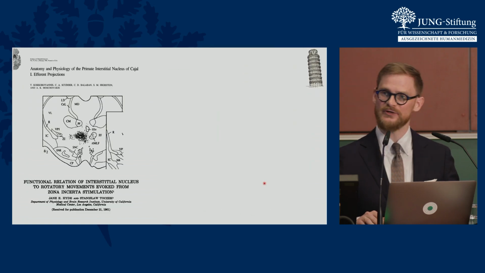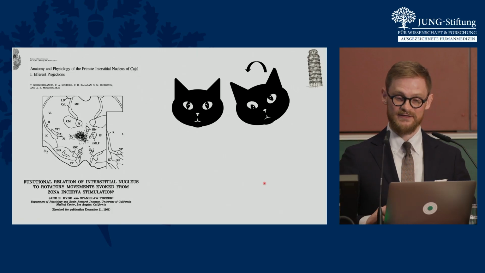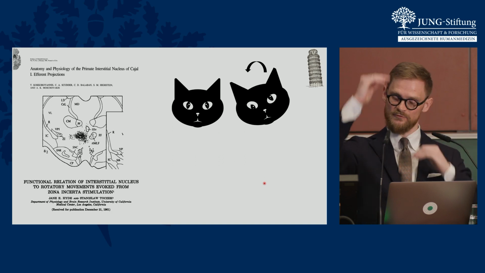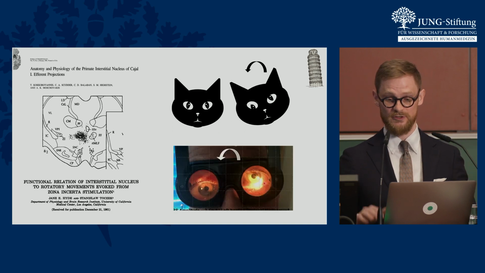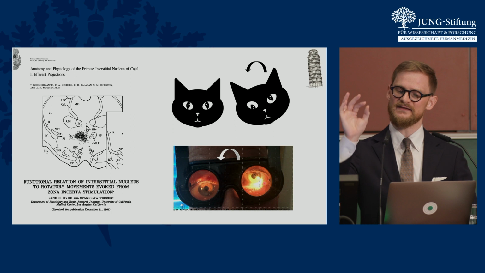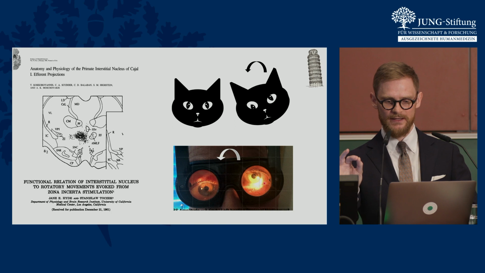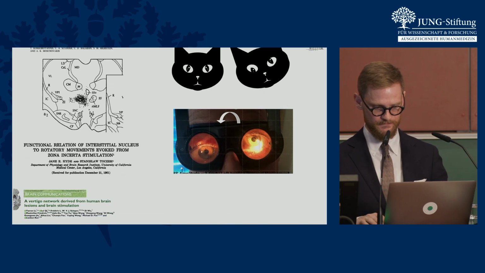And we went down into history and we found yes. Only in cats and in monkeys, this tract connecting the nucleus of Cajal and the zona incerta in the midbrain has been described, but not in humans. And in fact, if you stimulate this tract in the very same spot in a cat, the cat's head tilts to the side and the eyes move vertically from one another, just what we saw in our patient. So this goes to show and to prove that we can stimulate and modulate vestibular functions in a precise and almost surgical way if we know where and if we know what.